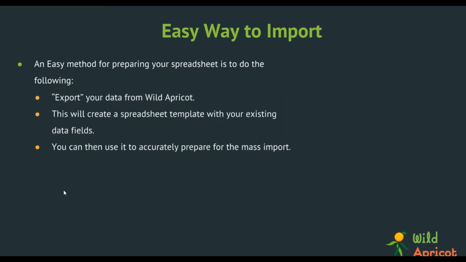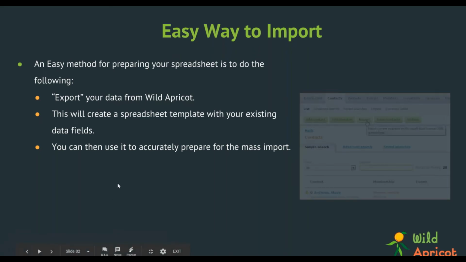So there's a really good way of preparing your spreadsheet that's a little bit easier than having to match everything up and muddle your way through on your own, and that's by exporting the data from Wild Apricot with all fields. The reason is that it will create a spreadsheet that has all of the system fields, all of your information already prepared into different columns that will work well on Wild Apricot. That way you can just add your info to that particular spreadsheet, those columns and that planning, and that will help you to get things back over to Wild Apricot really, really quickly.